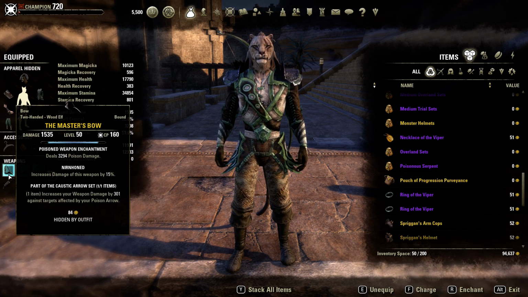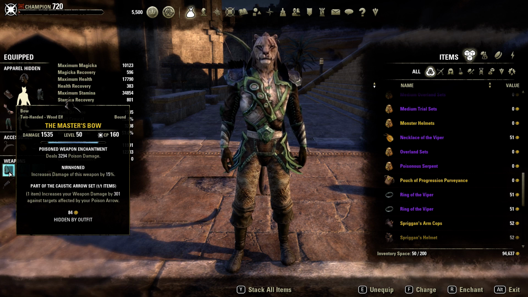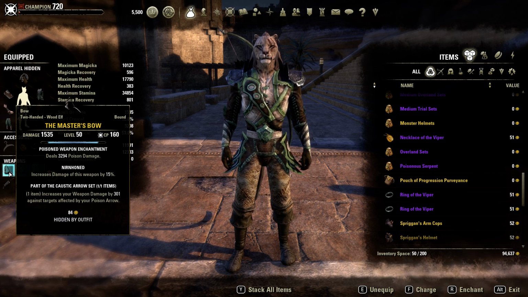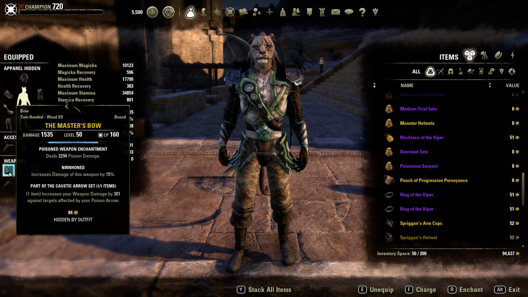The reason I chose a master bow is because this increases our weapon damage against targets affected by Poison Arrow by 301. So all of our weapon damage for our bow abilities gets increased by 301 weapon damage. So it's kind of nice because we can break that 5k mark on weapon damage if we have somebody with